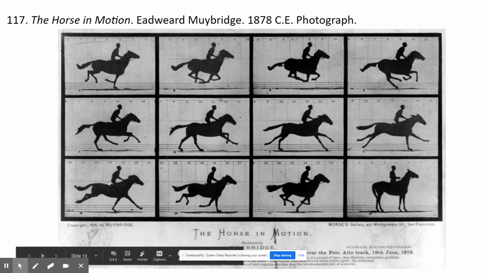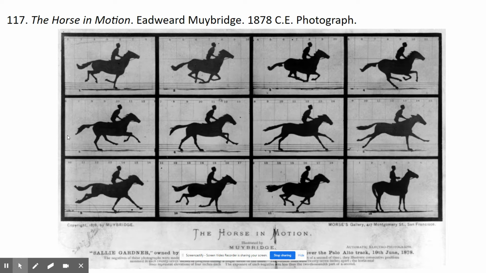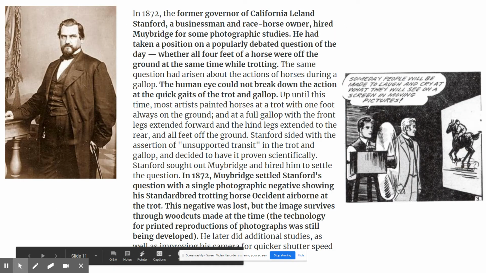These are silhouettes based off of the photographs that were actually taken. And Muybridge used these images one after another to show people the horse actually in motion. I'll show you what I mean by that in just a moment. Pretty sure that I've mentioned this already. Maybe I haven't, but